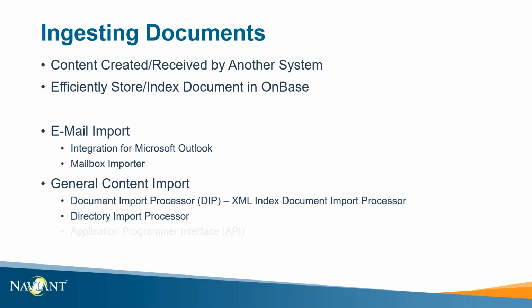Other content might be generated by different systems, think your ERP or your human capital management or learning management system, whatever that may be, generates documents. Again, I want to have OnBase store them because maybe your ERP or other line of business application doesn't display those documents well after they're originally generated. We have capabilities of importing that into OnBase in an automated fashion through these different import processors, even through the application programmer interface or an API, and we'll talk about APIs as we go through this a little bit further. But anytime documents are being generated by other systems, there's probably a good way that we can get that into OnBase.